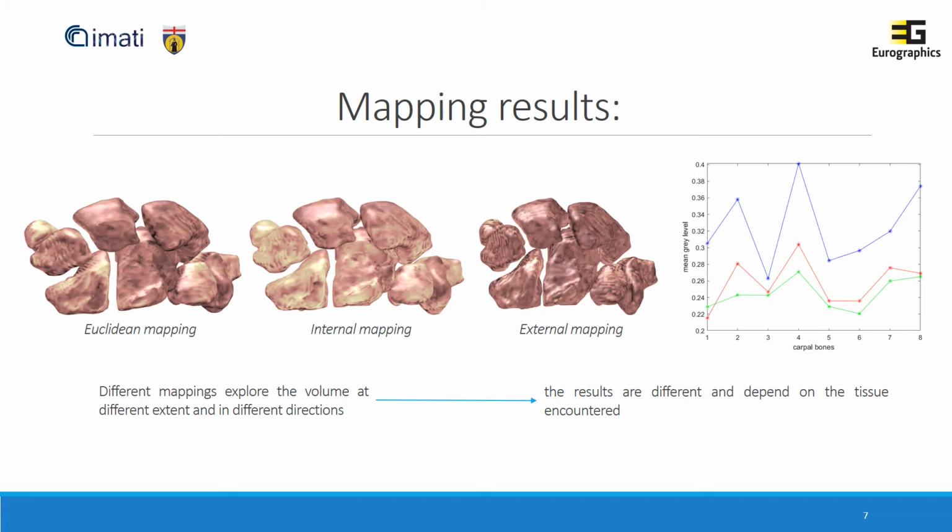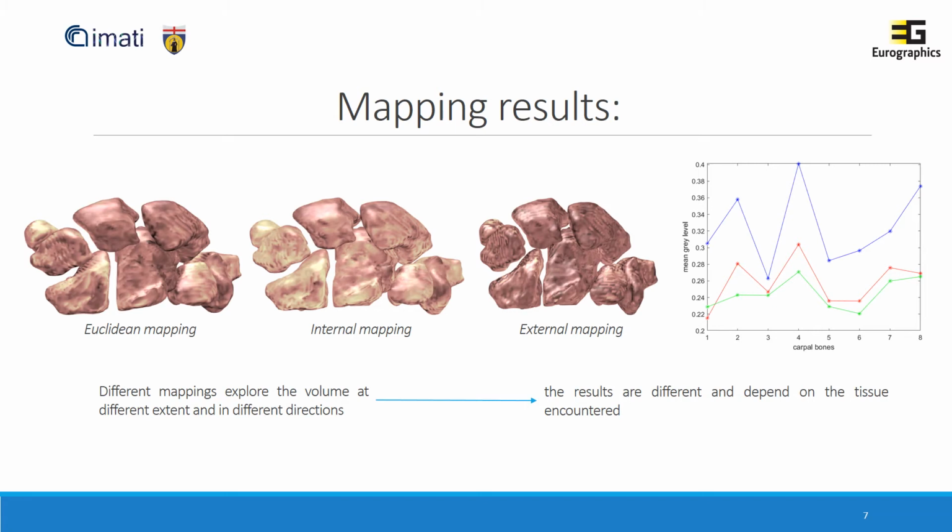This is because searching the volume in different extents and directions means encountering different tissues. The Euclidean mapping texture represents the tissue located in the exact position of the segmented surface. The internal mapping will encounter the tissue inside the bone, that is the bone marrow, which is brighter. The external mapping instead will encounter more collagenous tissue like tendons, ligaments, muscle, etc., and for this reason it results